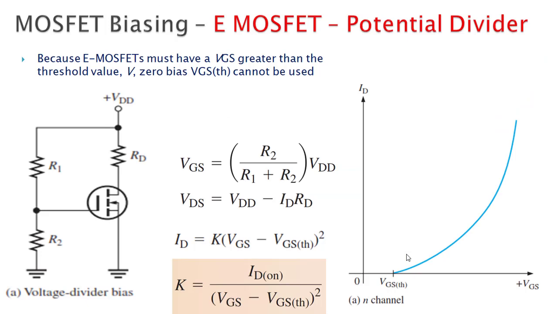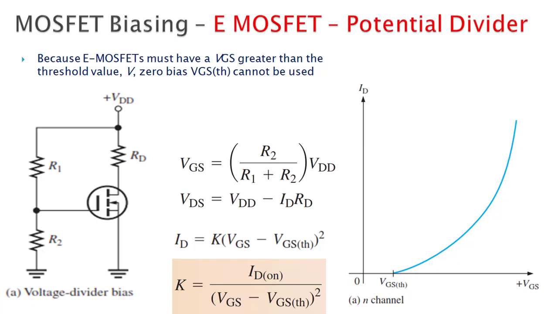Next, this is an important one. In our syllabus, MOSFET has 3 types of biasing. MOSFET has 2 different types: one is E MOSFET, another one is D MOSFET. E MOSFET operates only in enhancement mode. It operates only in the positive region, not in the negative region. So that MOSFET looks like a transistor, and we are going to give a positive bias using this R1 and R2, which is called potential divider bias.